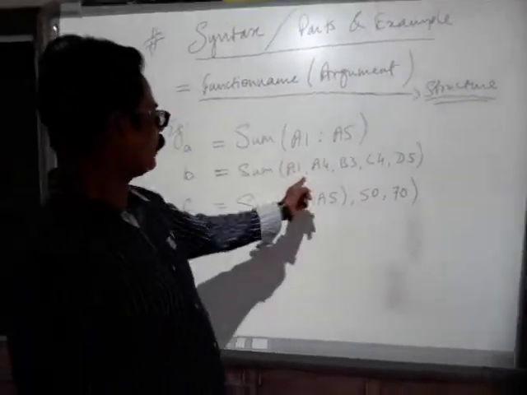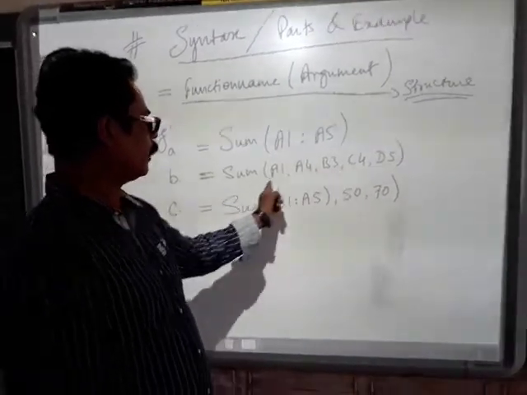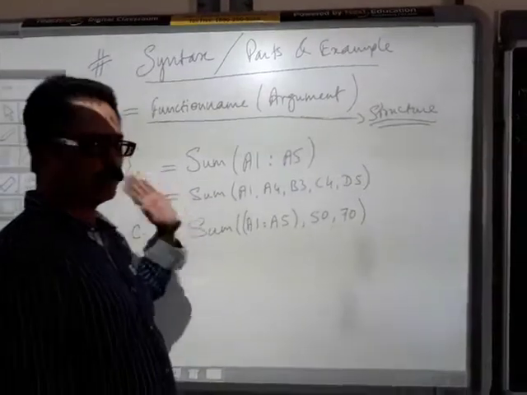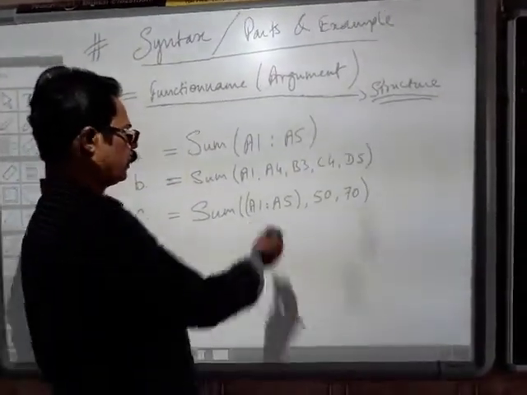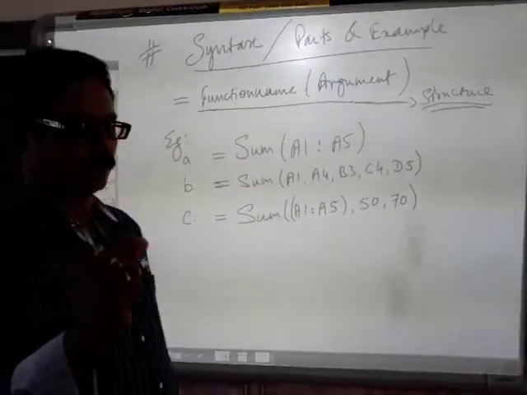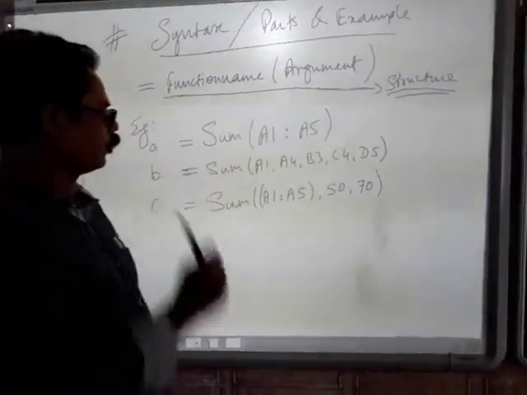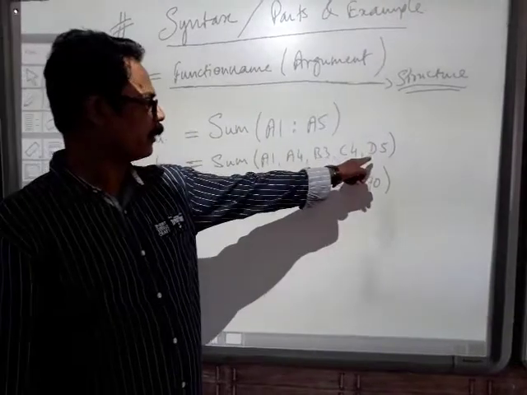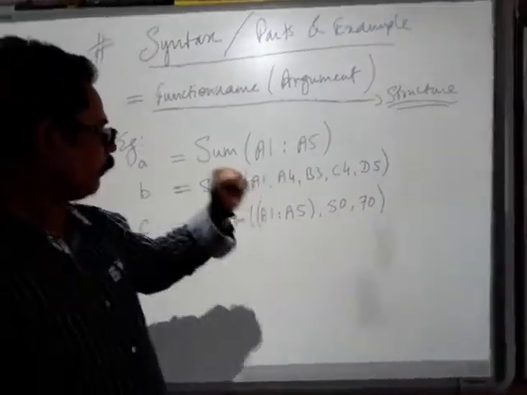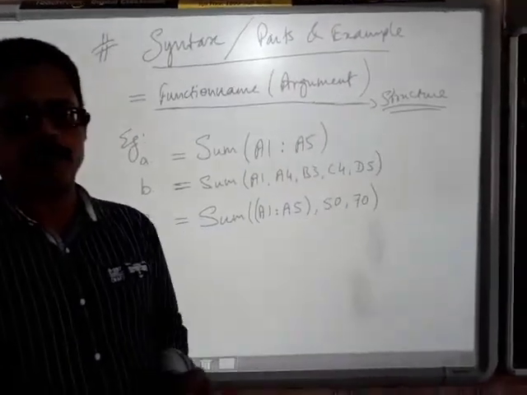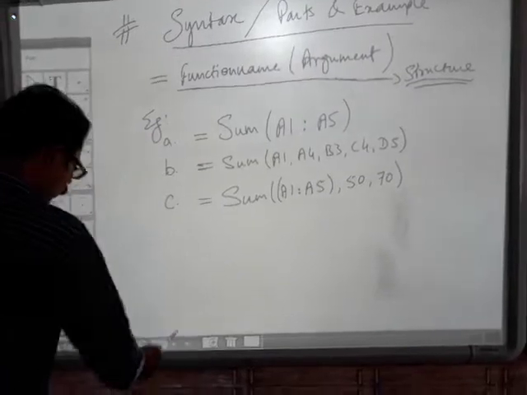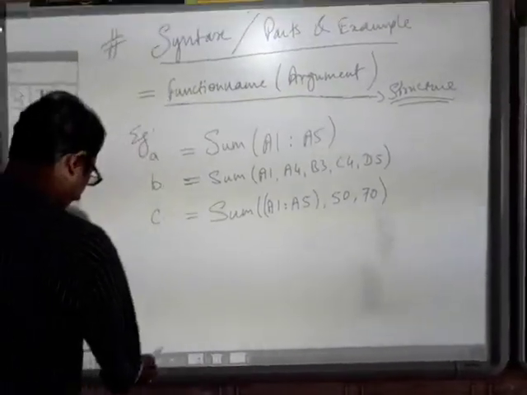We can also write in this way. We can mention them this way. We can find out the sum. We can also find the average in the same way, by giving any non-continuous range of cells. You can select any cell of your choice. The moment you write over there, it takes them together, accumulates them, and finds the sum or a related function, for example average. Then we move on to the next one.